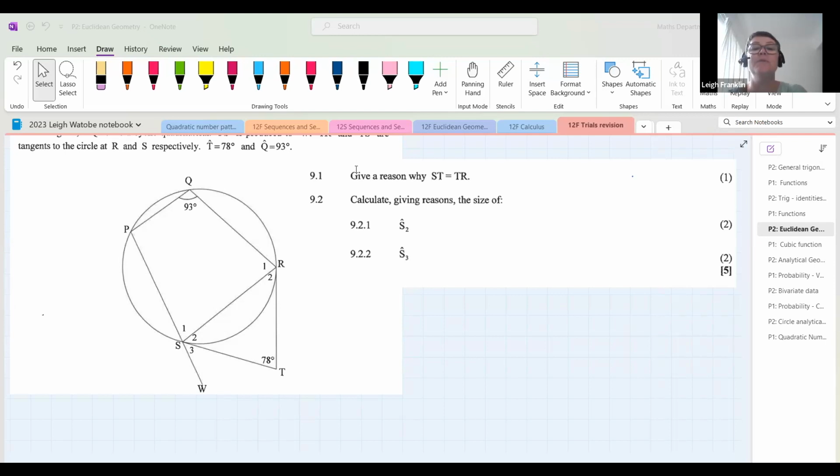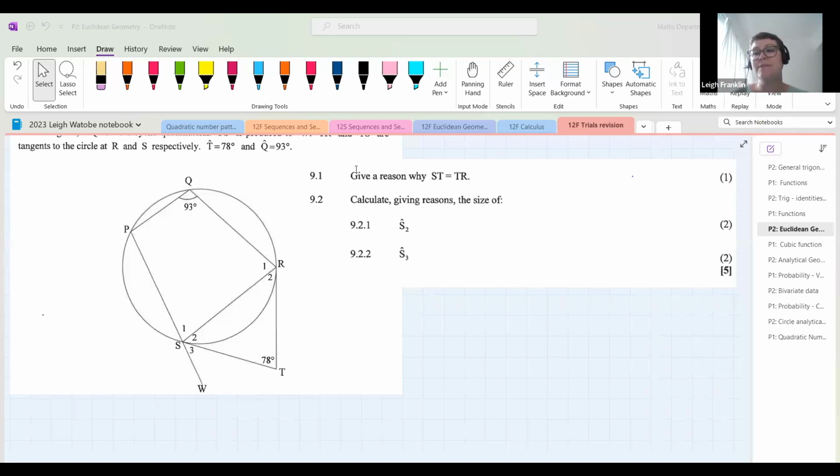Okay, tangents from the same point are equal. Beautiful, Sagwadi, lovely. Gugu, tangents from the same point equal angles. You're on the right track. We've just got to be careful about how we set that out. Okay, so yes, when we see the word tangent, we think about three things. First of all, we think about tan chord theorem. If there's a circle center and a radius, we can use radius perpendicular to tangent. And the third thing that we think about, especially in a case like this where there are two tangents, is